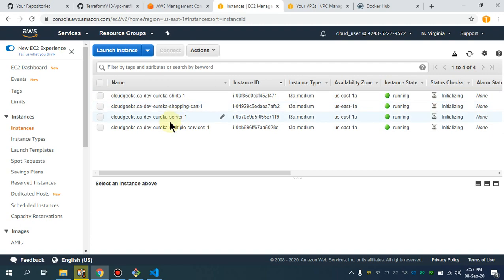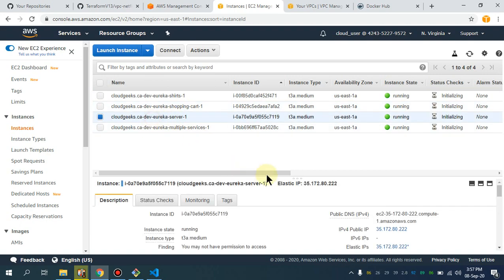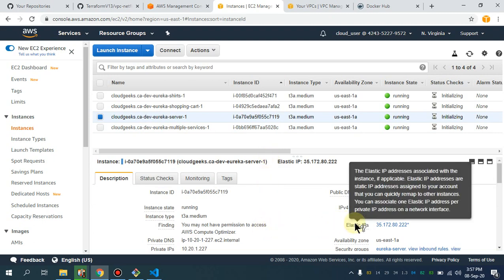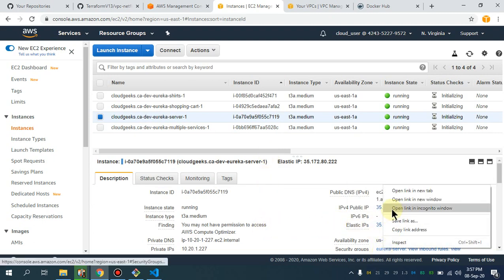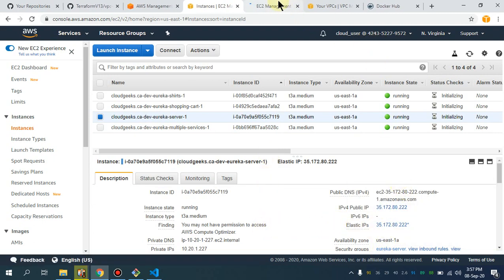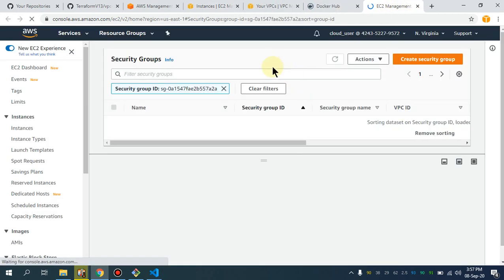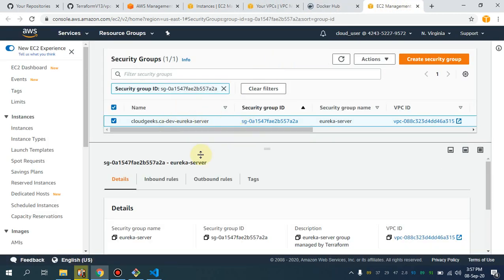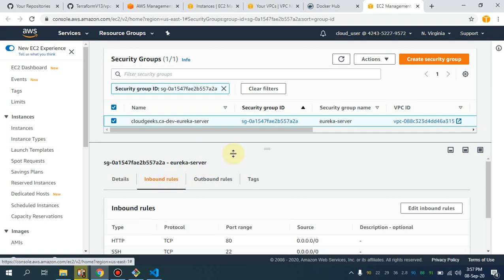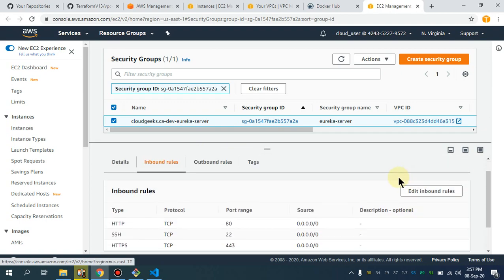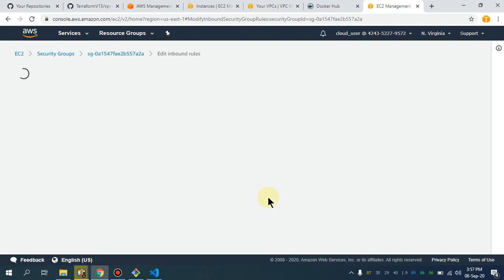So, first of all, let's see that our Eureka server is up and running. But before that, I need to tell you that I have only 3 ports open, for security reasons. Just navigate to this, as other services are running on different ports.